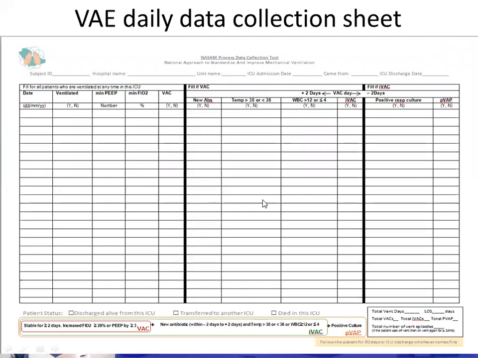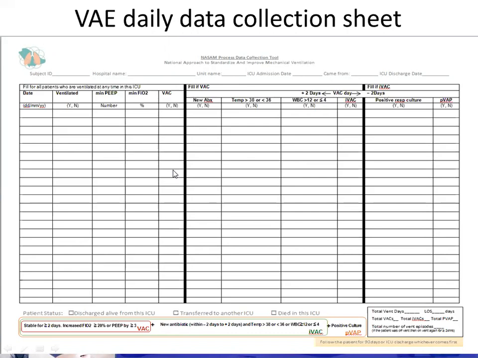So this form should be filled for all patients, even if they spend 1 day or 2 days, because at the end, the number of patients counts in terms of how many events per patient. The total number of VAC, IVAC, and BVAP will be counted based on this form. And as explained, if the patient has VAC,